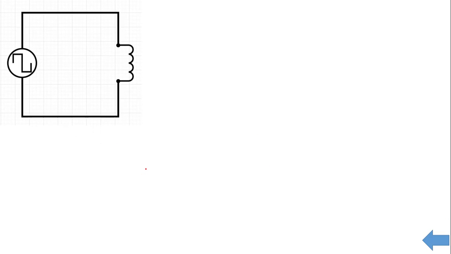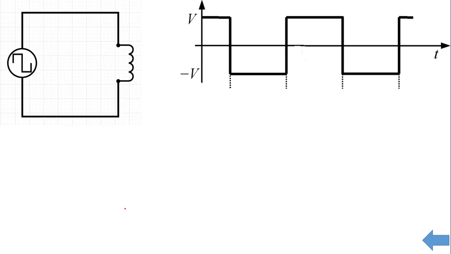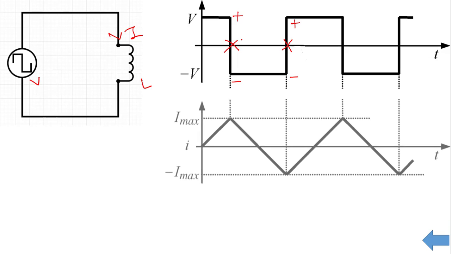Now, very important to focus on here is how the current will respond in an inductor if the voltage is a square wave, right? So let us assume this voltage to be V, inductor to be L. Let us assume the current flowing is I. So what will be the response? As we all know, the voltage is changing from plus to minus over here, from minus to plus over here, with zero crossing over here and zero crossing over here.